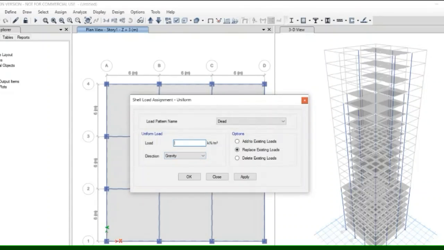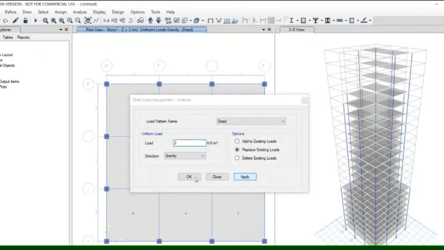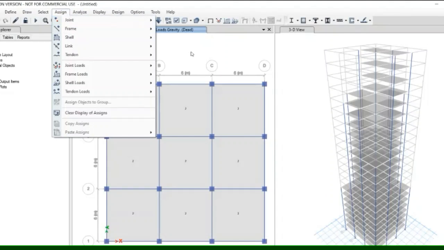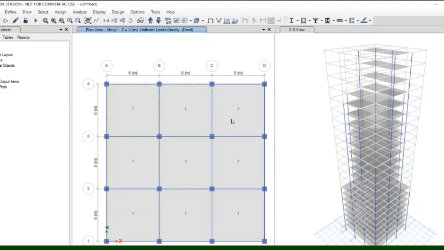Type 2 and apply. OK. As you can see, the dead load has been applied. Go to the above story.